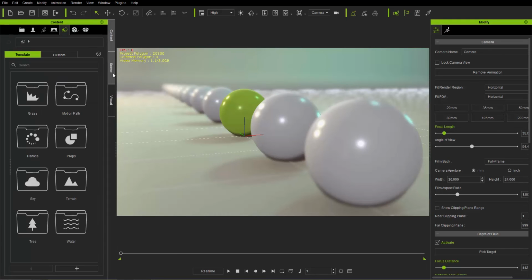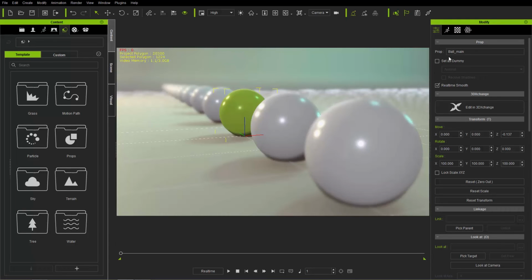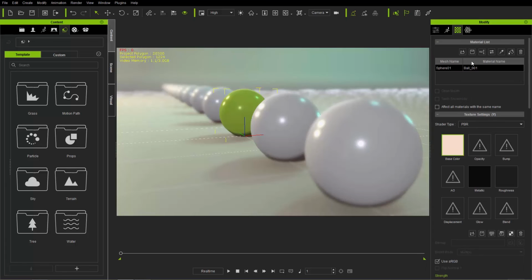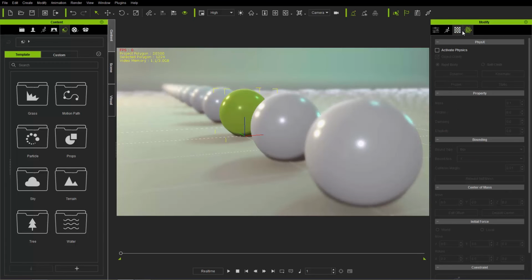Okay, so these are your standard tabs that you'll see here. In addition to that, anytime you select something in your scene, your modify panel on the right will change the parameters that it shows. I have this prop selected, which is just a regular sphere. So we have our attributes right here, this tab. And there's also the animation tab, which is all the tools you can use to animate that prop, as well as the materials on that prop, okay? Not too complicated. And the physics involved with that prop as well, which doesn't have active physics right now. But if you activate it, you can see a lot of stuff will appear. We talk about that in other tutorials as well. Okay, so pretty simple and straightforward.